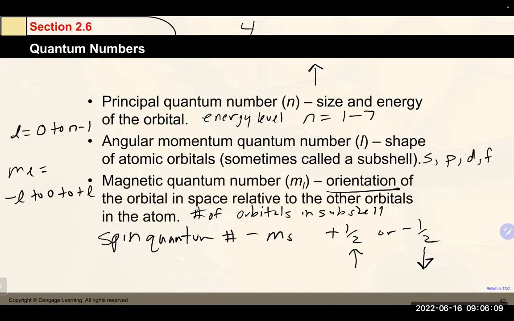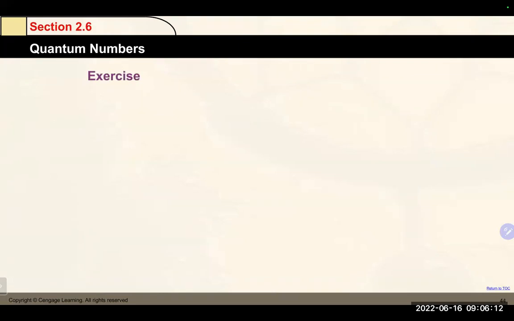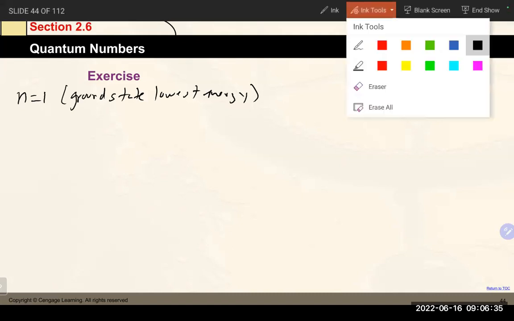So let's start with n equals 1, which is the ground state, basically the lowest energy. It is obviously the closest to the nucleus. So if we had n equal to 1,